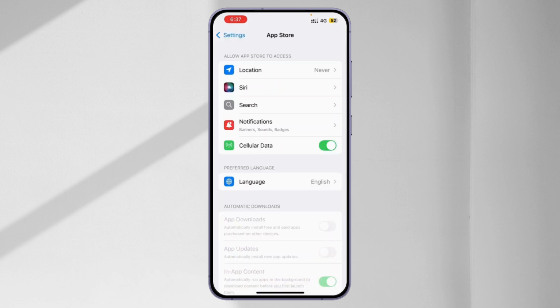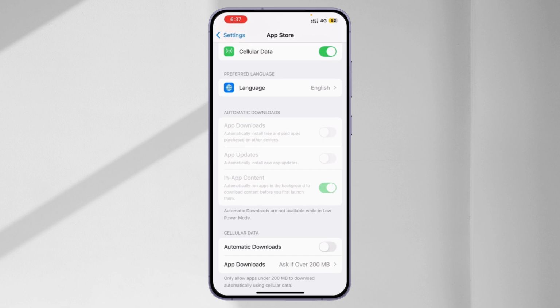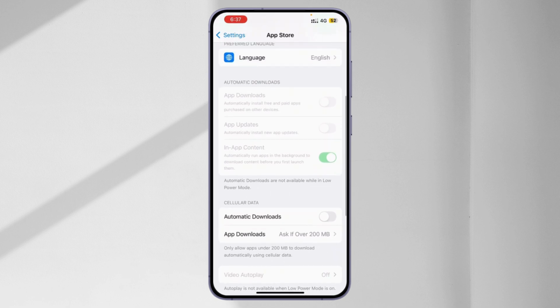In the App Store settings, you'll see a section called Automatic Downloads. This is where you can manage all your automatic download settings. Now, under Automatic Downloads, you'll see an option for App Updates, and here you can also see Automatic Downloads on cellular data as well. As I'm using cellular data, it is only being shown, and if you have Wi-Fi, you